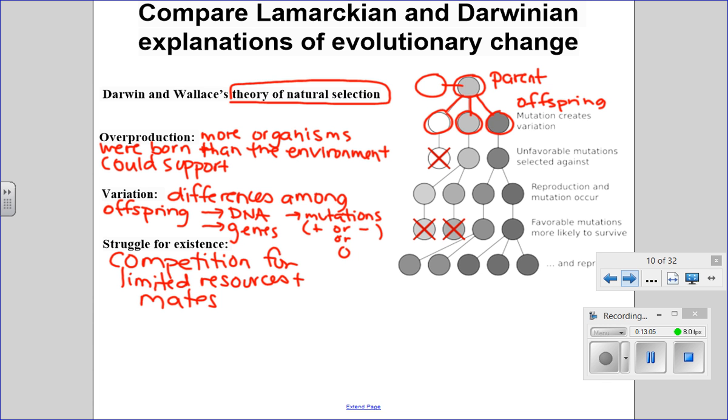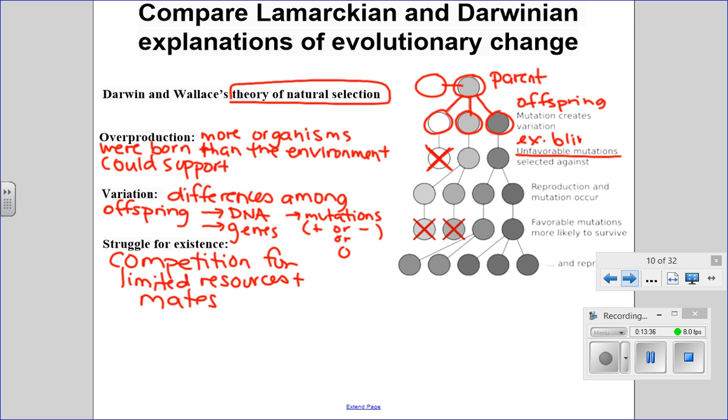So in the next row of my picture, there is an X. One of those three offspring, who were all different from each other, did not have something that was favorable. They had an unfavorable mutation. So something about their DNA, the differences that they had, made it unfavorable for them. So just as an example,